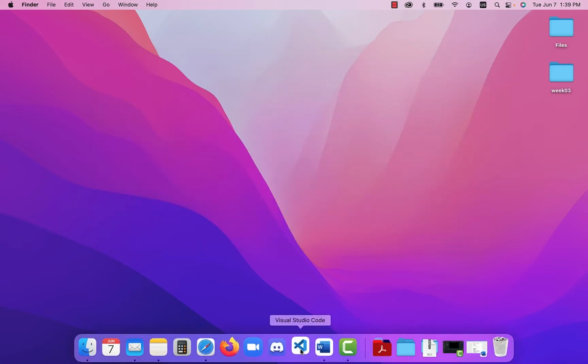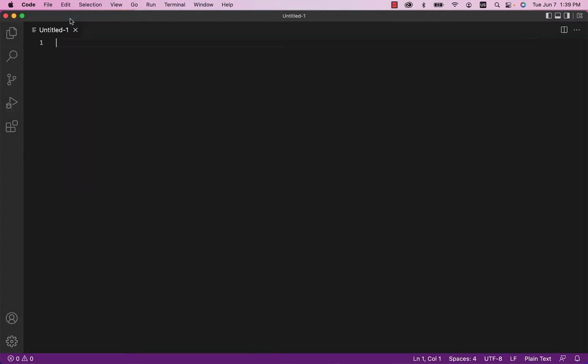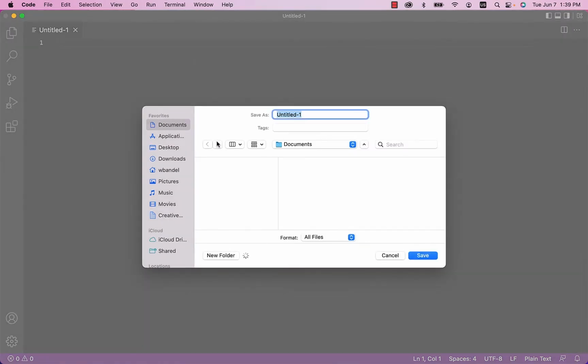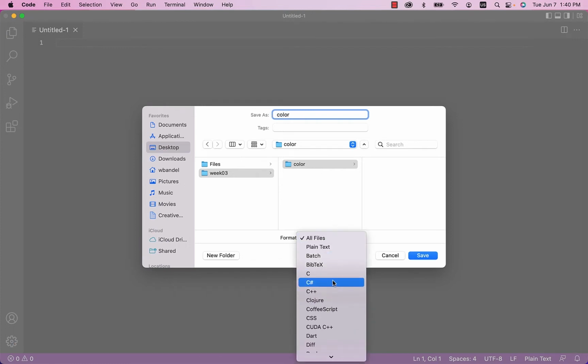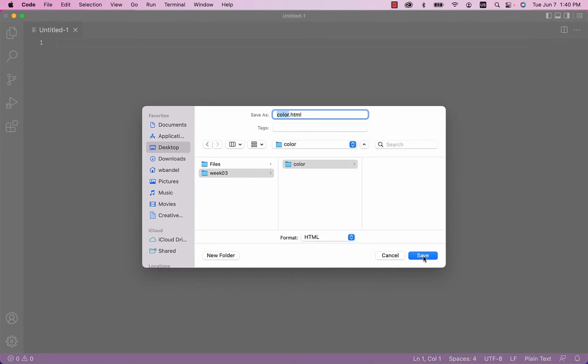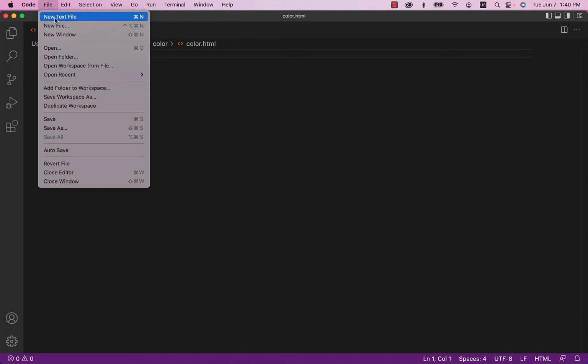So I want us to go ahead and open up Visual Studio Code. So I'm going to do new text file. I'm going to go to File, Save As, and then we're going to want to choose week 3 or wherever you have it, and then I'm going to choose the color folder. And then this is going to be our HTML file, and I'm also going to call this color. And then I'm going to choose the format of HTML, choose save, and then this has switched over to HTML, and then I'm going to create another file,